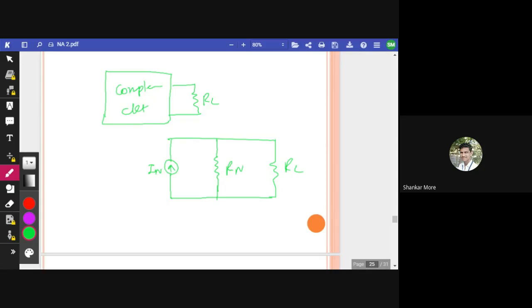सो गाइज, नॉर्टन थ्योरम और थेवेनिन थ्योरम में आपको एक डिफरेंस समझ में आया होगा कि थेवेनिन थ्योरम इज ऑल अबाउट वोल्टेज, VTH कैलकुलेट करना है, RTH कैलकुलेट करना है, VTH के सीरीज में हमें RTH को रखना है, ठीक है। नॉर्टन्स थ्योरम में हमें IN कैलकुलेट करना है, RN कैलकुलेट करना है, और RL तो सेम ही है। सो गाइज, only one difference is there, only one difference, ok। RN is equal to RTH, see RN is equal to RTH। जिस तरीके से आप RTH कैलकुलेट करते हो, same steps you have to follow to calculate RN also, कुछ भी चेंज नहीं है, ओके। Let it be any circuit।